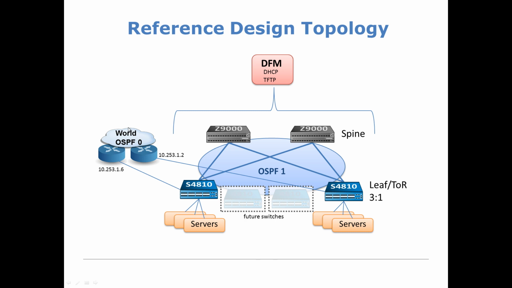These are probably data center routers, WAN routers, what have you. This is how our fabric is going to link to the outside world. So we're going to take the connections from those routers and we're going to connect them to our leaf switches, and those will be called uplinks. And we see the IP addresses here of those routers, and we can also see that they're running OSPF in area 0. So what we'll do is we'll provision a different area in our fabric. Here I'm going to use OSPF 1, and we'll provide that input to Dell Fabric Manager as we go through